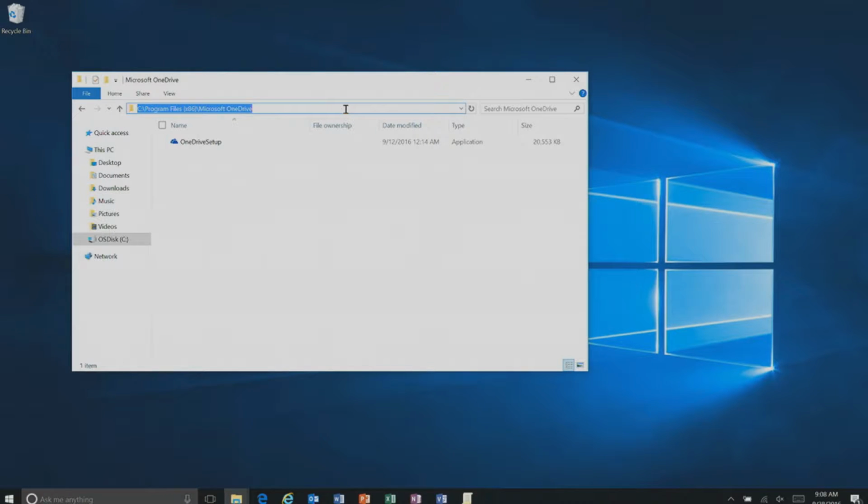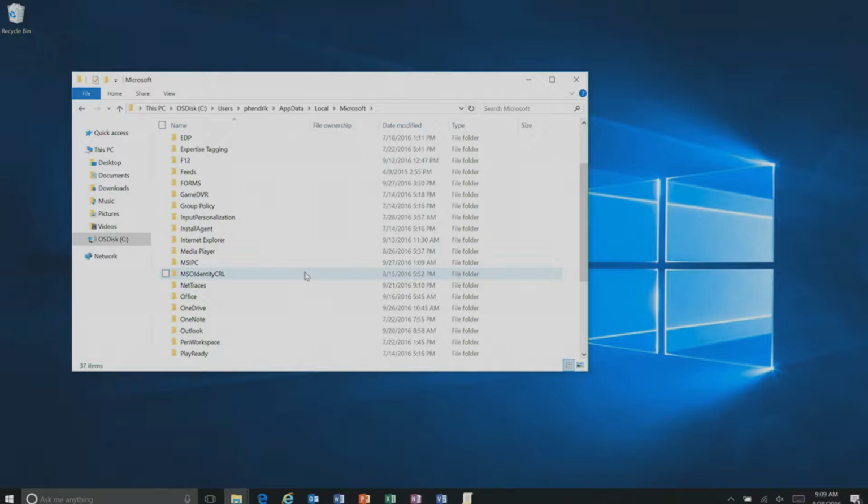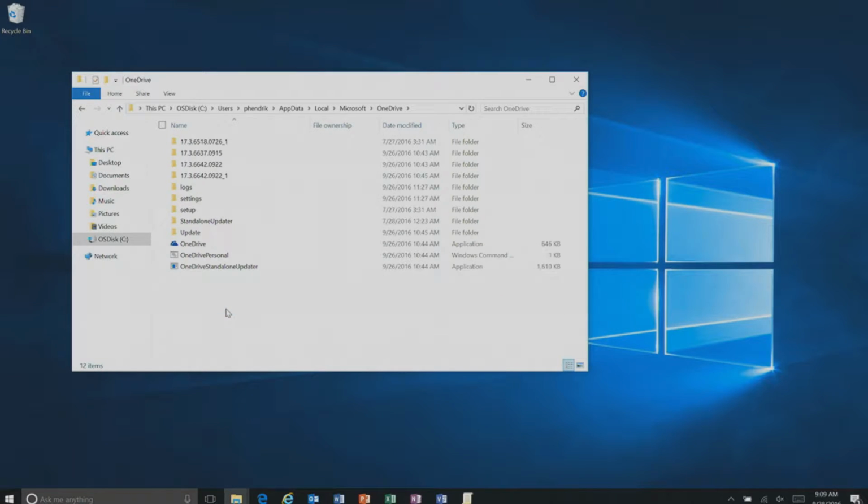You can just find this today by opening up Explorer and going to Local App Data, Microsoft. And let's see if we can find this OneDrive folder. And sure enough, there it is. So this is my local app data folder. And what you'll see is this is where you'll actually find the install. You'll see that I have the executable, the OneDrive.exe. And then you'll also see that I have things like settings and logs. And all of these are specific to me as an individual user.